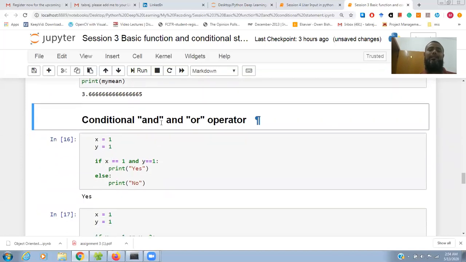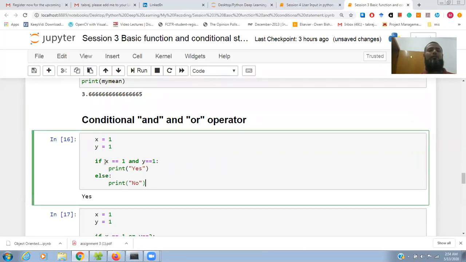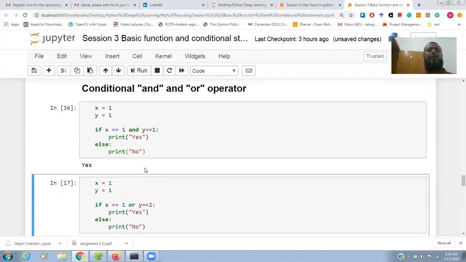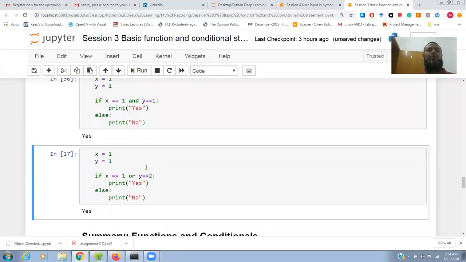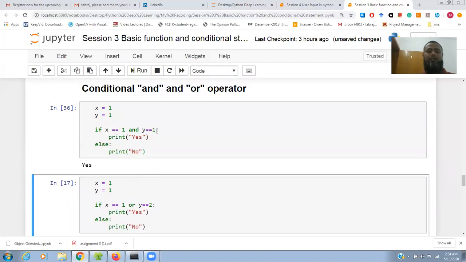Also, inside the if-else statement, we can use the and or or operator. Like a simple case, if x is equal to 1 and y is equal to 1, I check if x is equal to 1 and y is equal to 1, then print yes, else print no. So obviously it will print yes because both are 1. It will check both statements.